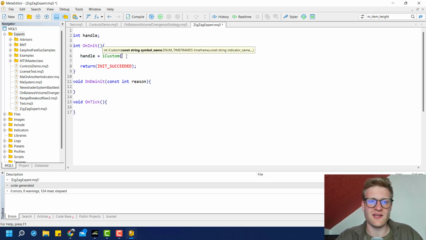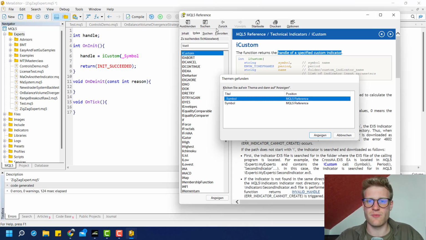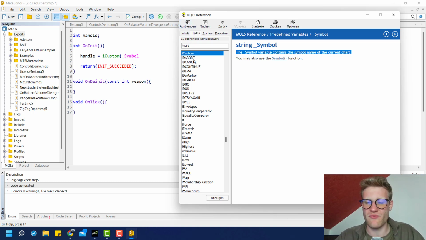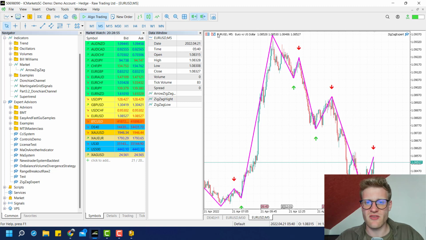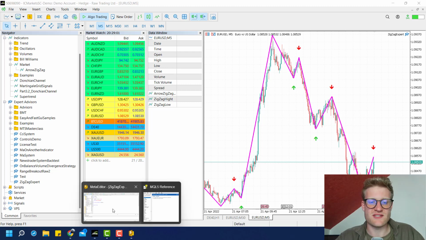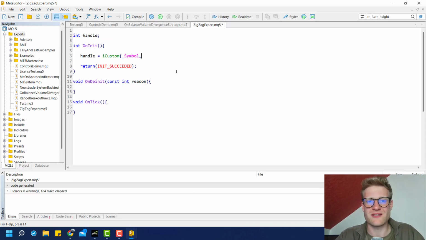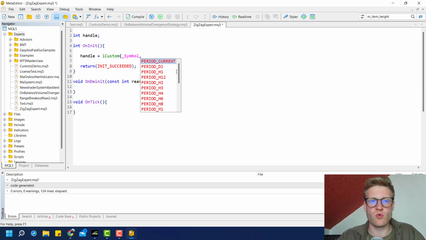So what we have to define here are some parameters in the parentheses following the function name. The first parameter is the symbol name, and we will choose underscore symbol like this, because this is a system variable that always holds the name of the current chart. For example, if we activate this program on the Euro-US dollar chart, the underscore symbol variable will hold the value Euro-US dollar. So this is a way of telling the iCustom function for what specific symbol we want to have